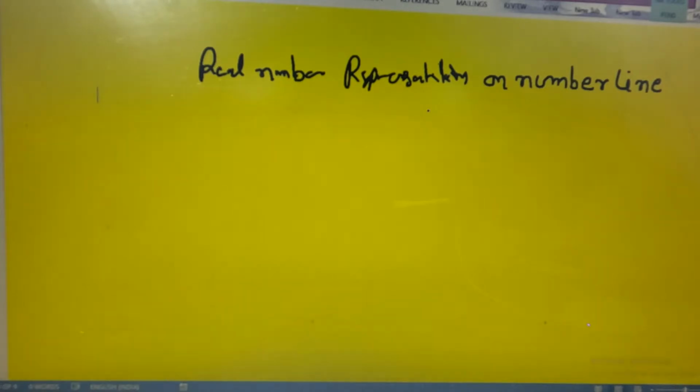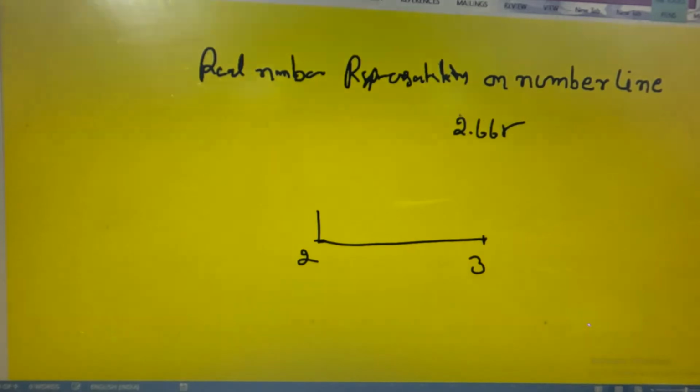In the previous section you have seen that any real number has a decimal expansion, and this helps us to represent it on the number line. Let us see how. Suppose we want to locate 2.665 on the number line. Here is 2 and here is 3. How can we represent 2.665 here on the number line? Okay, so let us